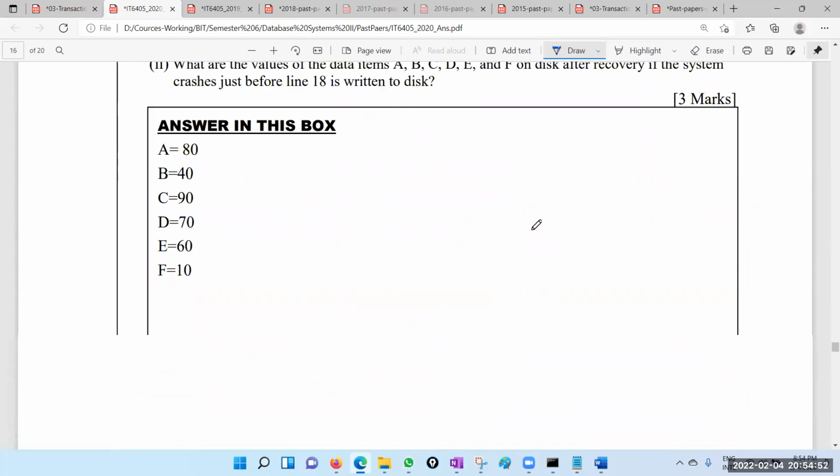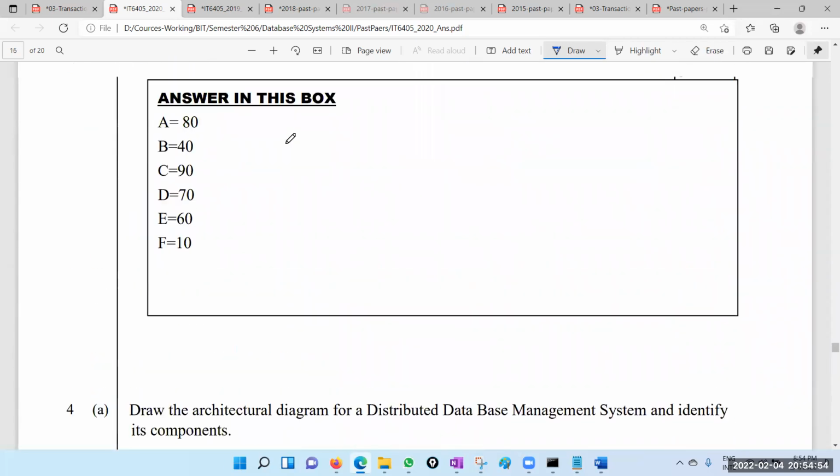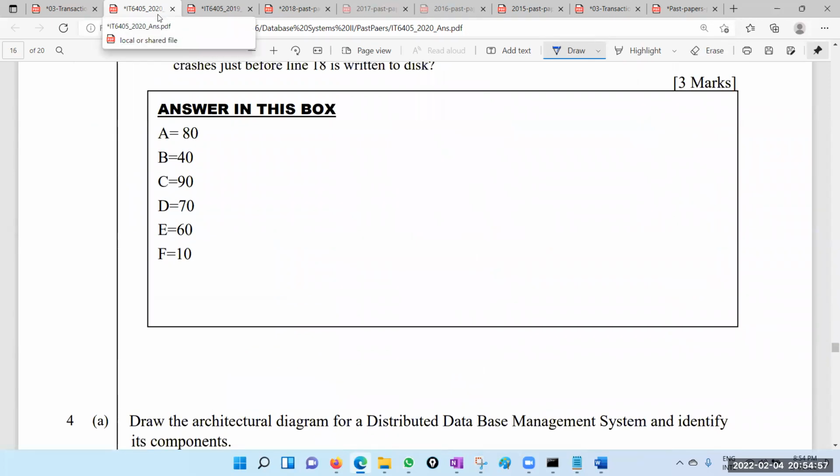That's it, right? Yeah, that's it. So that is 2020. So now we have done 2090